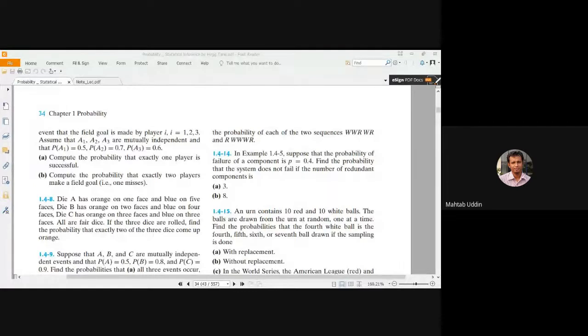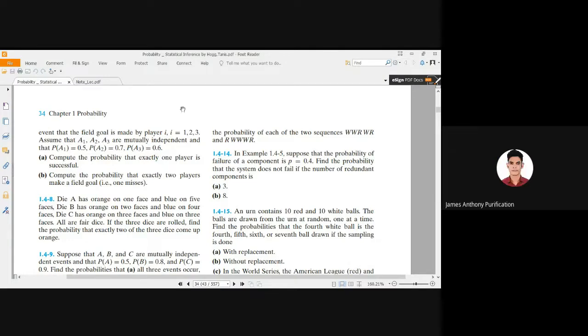Okay, thank you. Can you see the book? বই দেখতে পাচ্ছো? জি স্যার, দেখা যাচ্ছে।